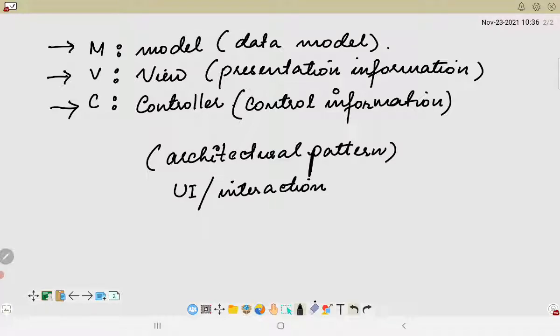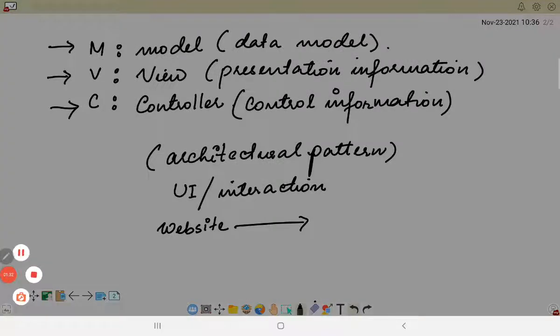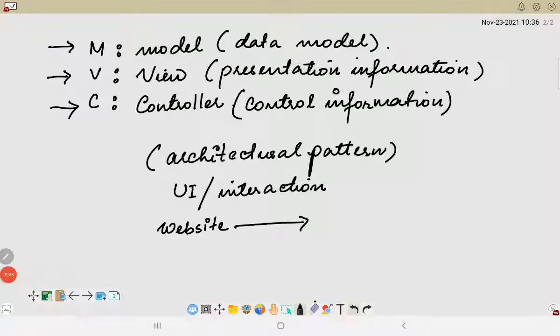Suppose let us take a very simple example of a website. So if we have a website, this website will have three different components. The first component is the user interface. That means the look and feel through which the user can access the website.